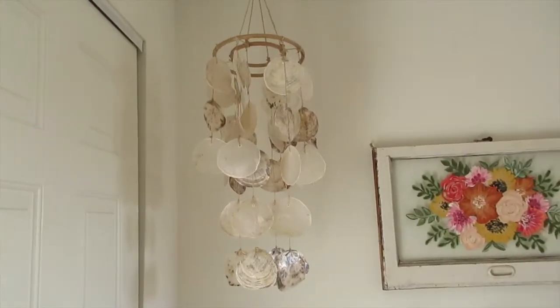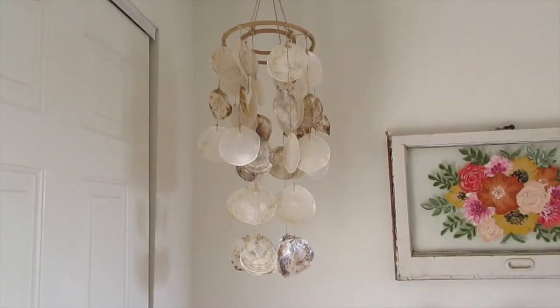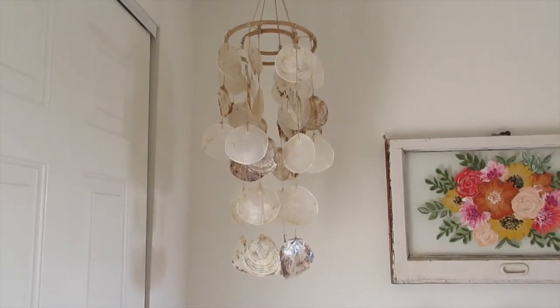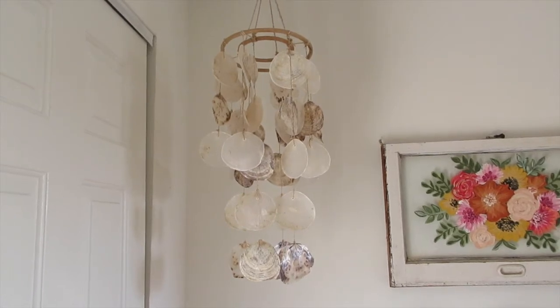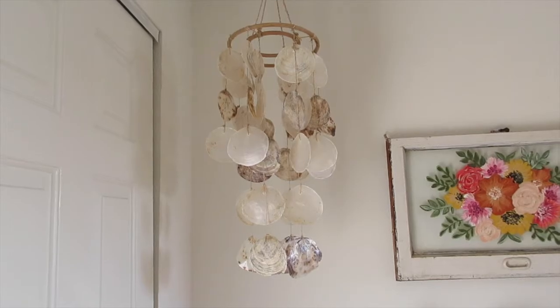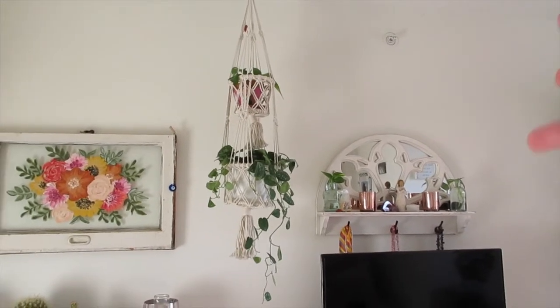But I got this in Gulf Shores, Alabama. I actually got it at Tacky Jack's. It was one of their new things that they had in the gift shop, and I got it on Paul and I's first vacation. So it's gonna be really cool to have that hanging one day in our home, and it came from our first vacation together. On the other side of my dresser, I have my hanging basket